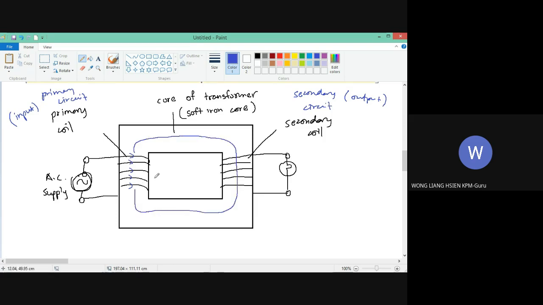The magnetic flux will flow in one direction. Remember, this is an alternating current supply, so the current will change direction, and the magnetic flux will change direction too. When the current changes direction, of course,